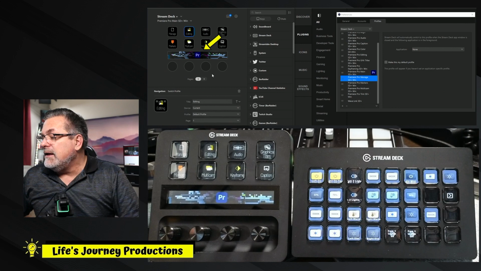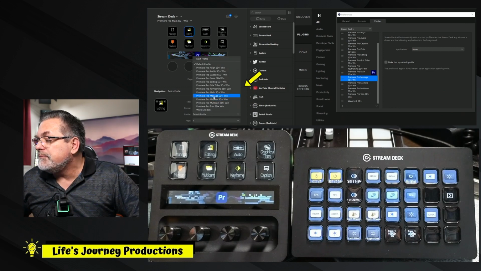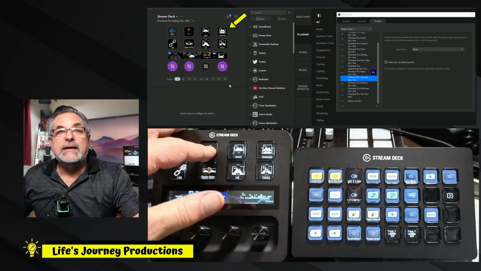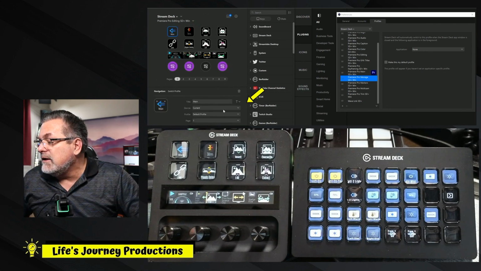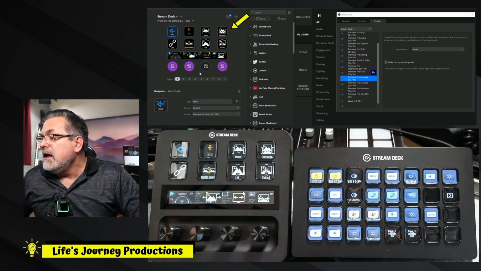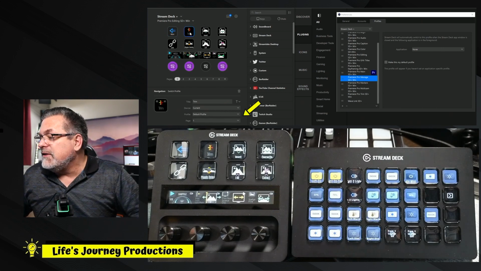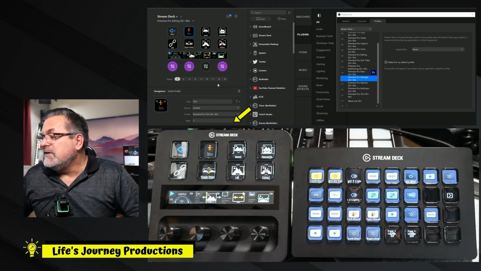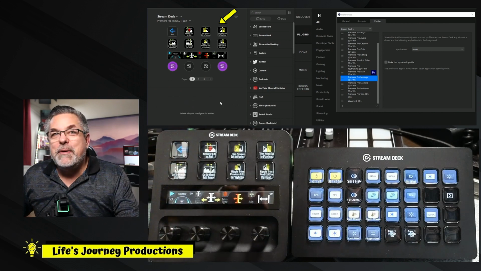Now we're going to click on editing. On editing, we're going to go down here and choose the editing page. So Premiere Pro editing. Then I'm going to hit editing, and then editing has both going back to the main, so we do need to tell it to go back to the main page. So we're going to go back to main, but we also have a trim icon that didn't fit on the first page. So we're going to set the trim down here to trim, very bottom. So we set trim to trim, and now when I hit the trim page, it takes me to the trim